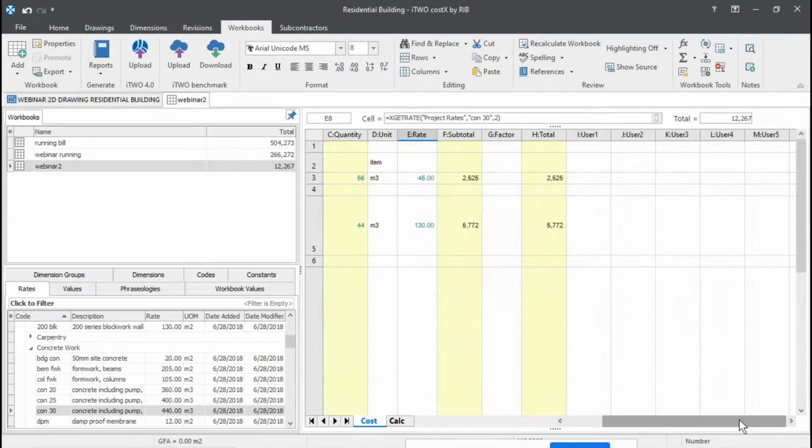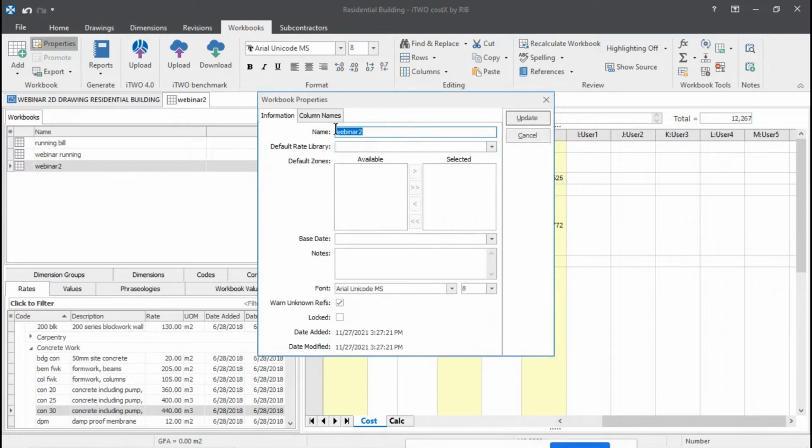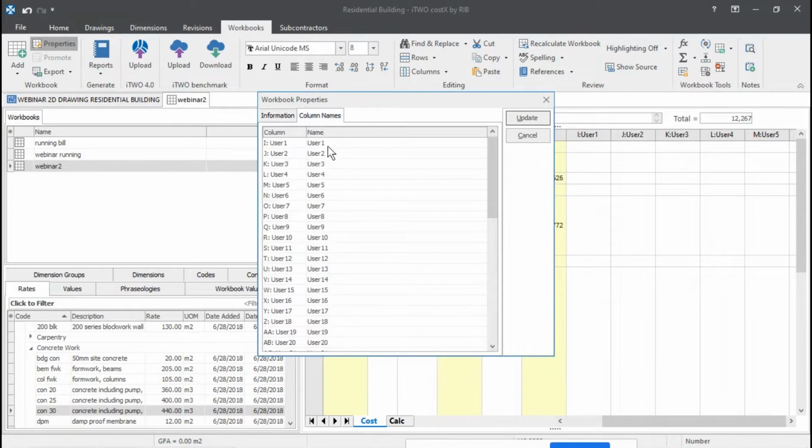So now I'll show you how we can track rate running bills for these particular items during the phase of construction. So we have an option here, properties. Click on the properties. It will lead you to the information about the workbook, what we have created, as you can see. And there's the user defined columns, which we have already set. So I'm going to say RA1 total, RA cumulative,